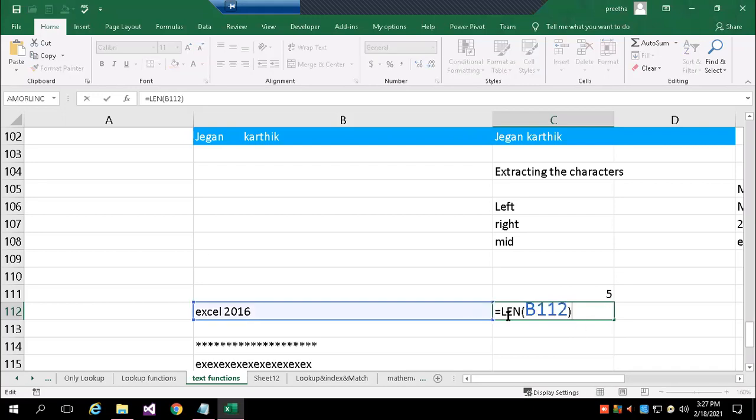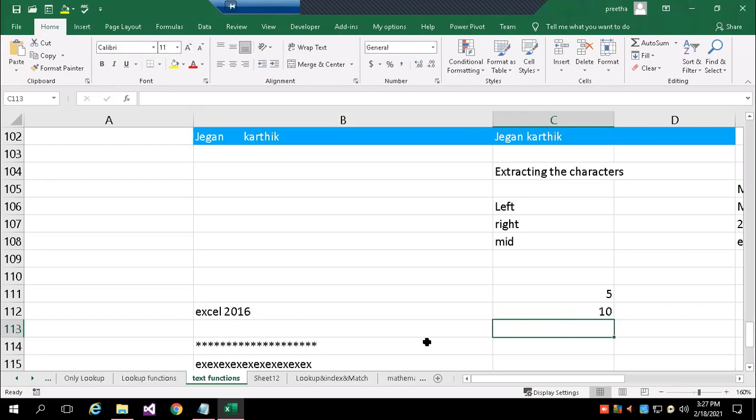Similarly, length of B112 counts from the first letter till the last letter. EXCEL, the space also will be counted, plus 2016. So it counts 5 plus 4, then space 1, so it returns 10. The counting of characters inside a string is called length.